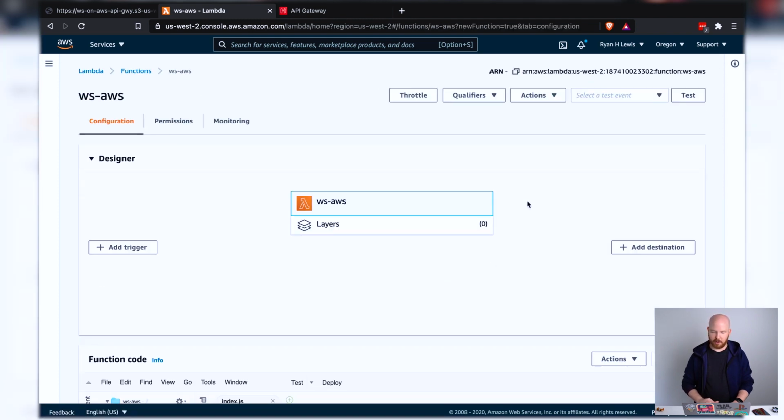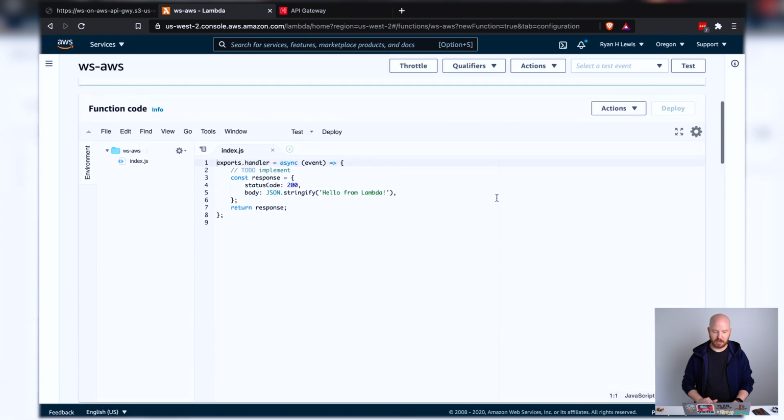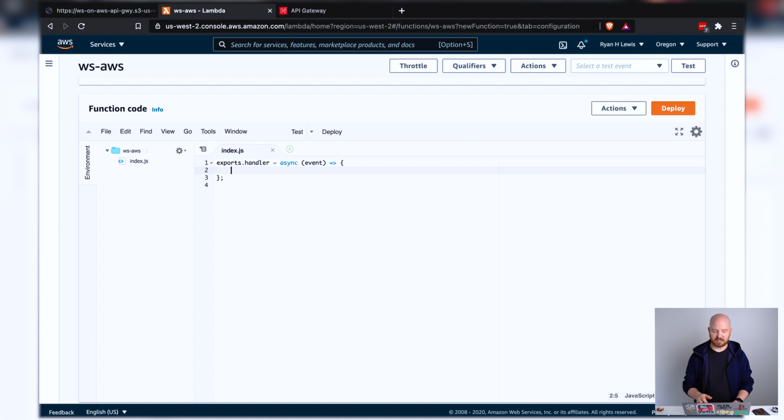All right, now it's created, and we are going to use this built-in editor here. It's kind of the easiest way to do things. So the first thing we're going to do is I always like to keep a log of the event around. The reason why is because these events are large JSON objects, and a lot of times I forget what a property is, how deep it is, things like that. But we're going to be getting the event, and so essentially, let me map out what this is going to look like.